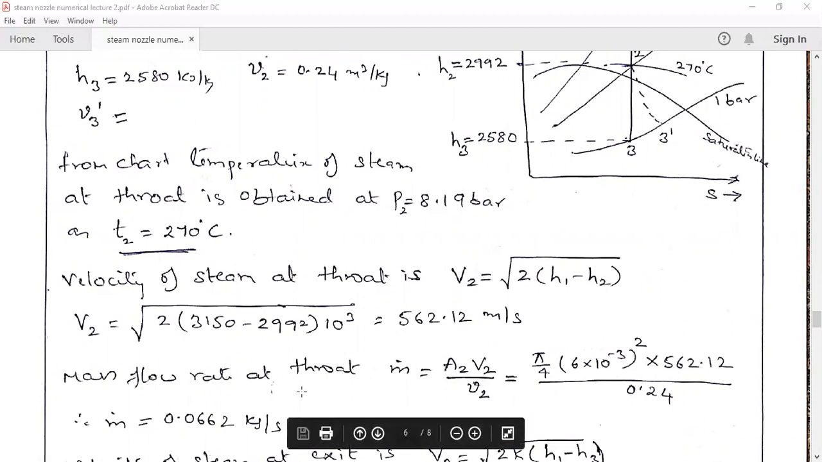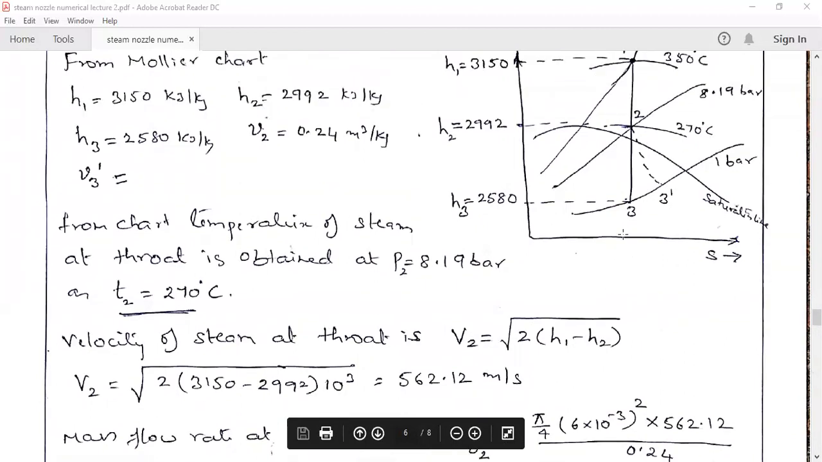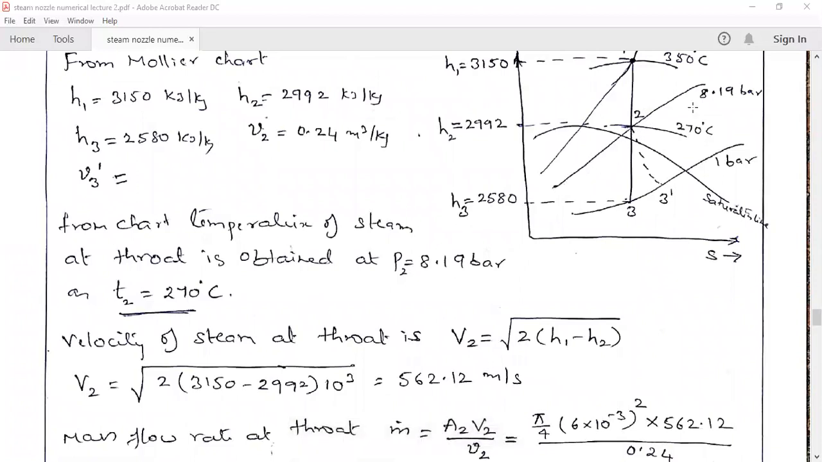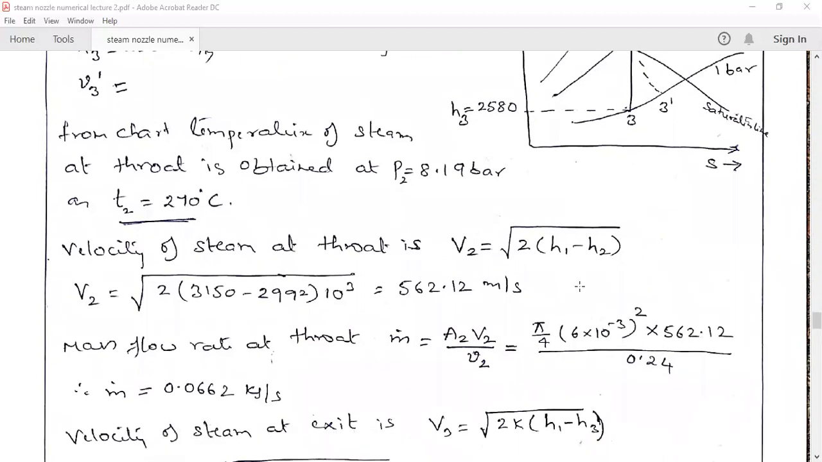Then the mass flow rate at the throat will be equal to A2 into capital V2 by small v2. So at point 2, you need to find out the specific volume also. That volume line almost runs next to the pressure line. So the dotted line which runs next to the pressure line, obtain the specific volume and substitute here. You will get it